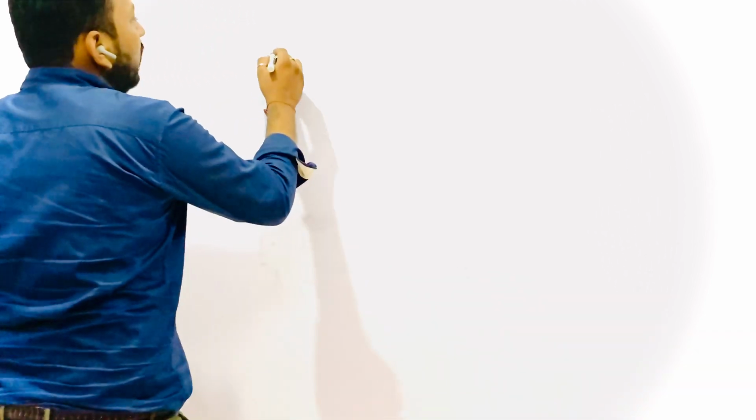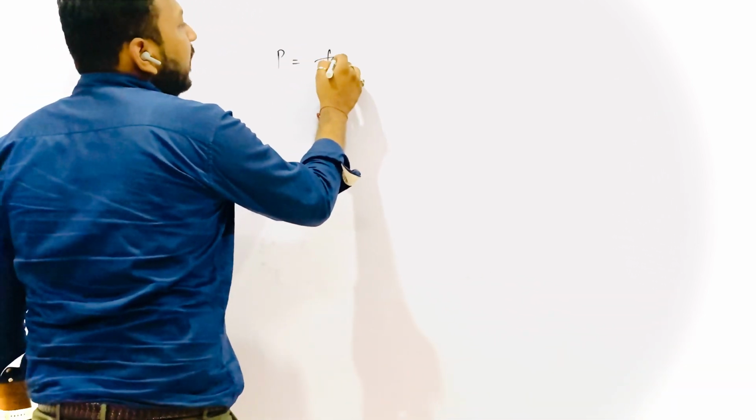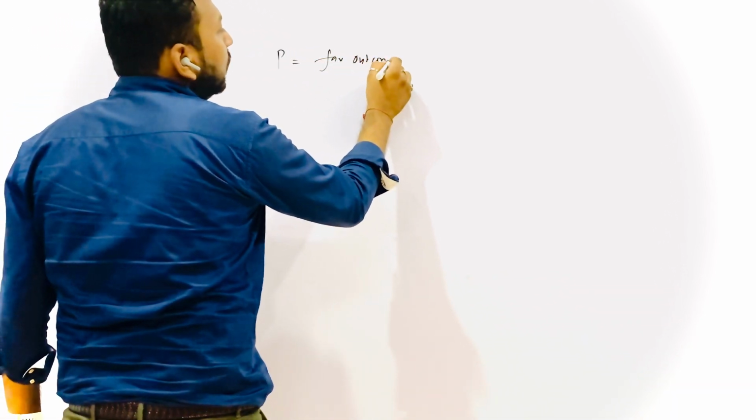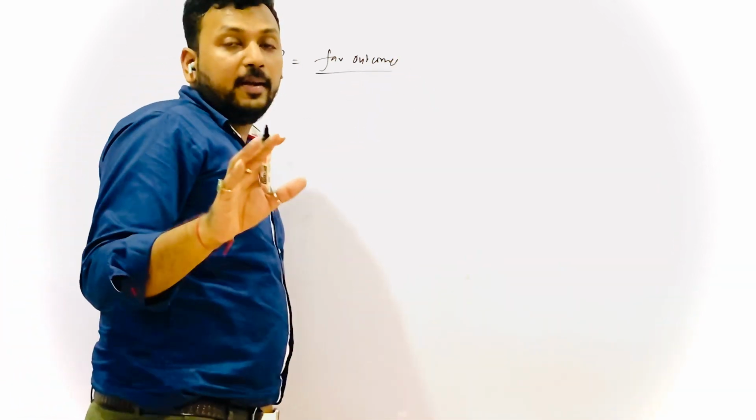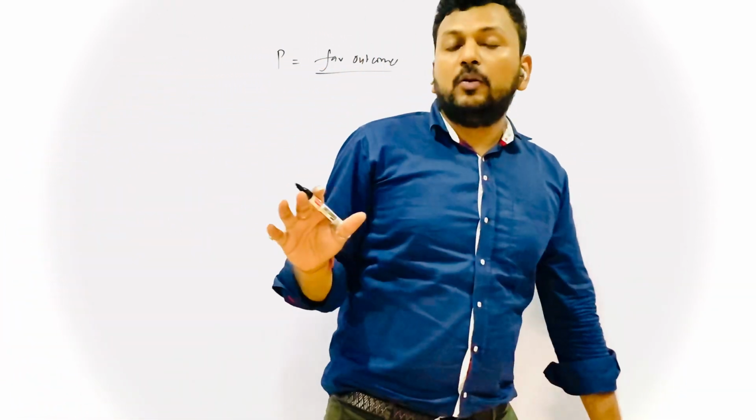But if I tell you that it is winters, and ask what is the probability that I enter the room and the fan is on, now you will say the probability is 0, very less, because in winters nobody uses a fan, right? So here, first of all, understand the basic difference. What is the formula of probability? Probability means favorable outcomes.